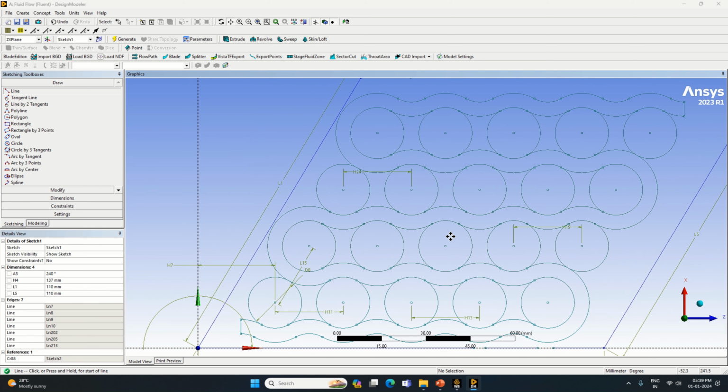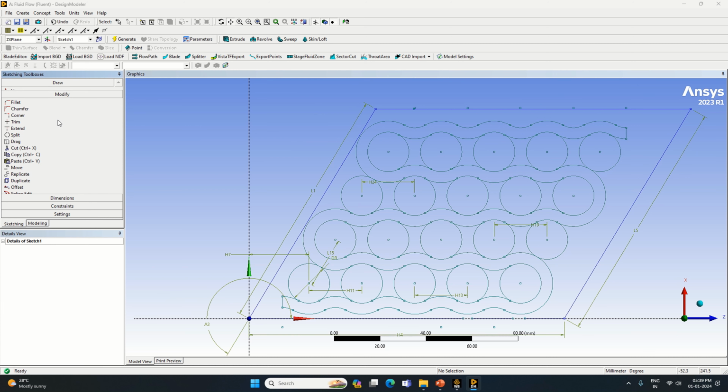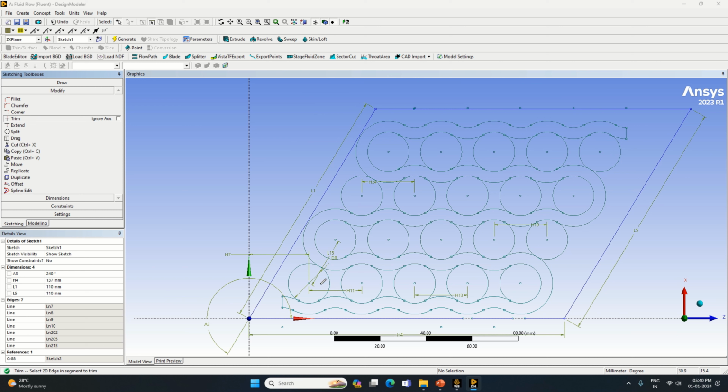Okay, so we need only the serpentine channel path, so we'll trim out the unnecessary things which are in between. So here go with the modify, again we'll go with the trim operation available here. In that case, as I said, we'll be just generating the path over here. So I will trim out unnecessary things which are in between. So once this path is generated,